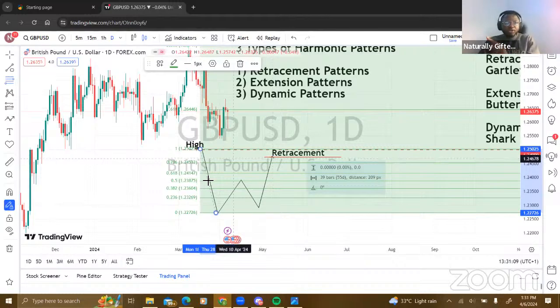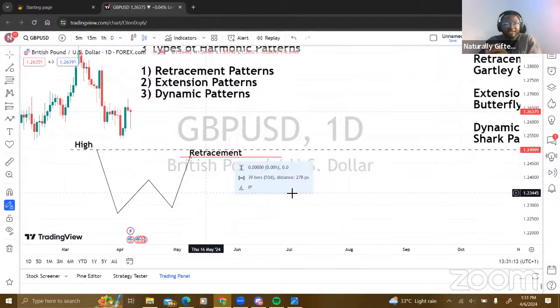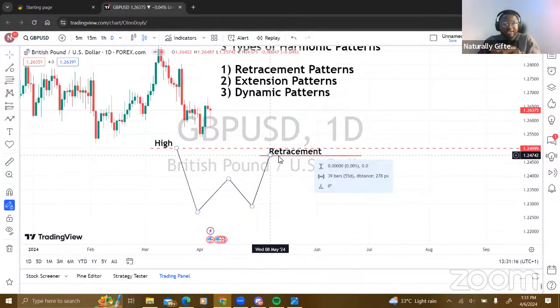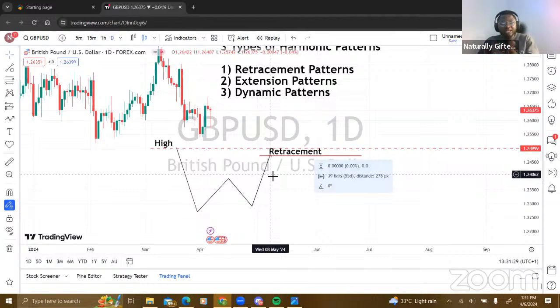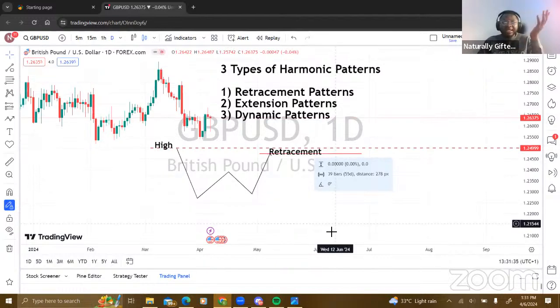Now, I want to ask a question. I have traders on this call. When you see something like this, this high is higher than this. When you see something like this, what would you be expecting price to do with this diagram I've done? Would you expect price to go on a bearish move, on a bullish move? Are you expecting price to sell, or you'll be expecting it to buy? You would have seen patterns like this. So I told you it's going to be an interactive one. So just let me know your thoughts.